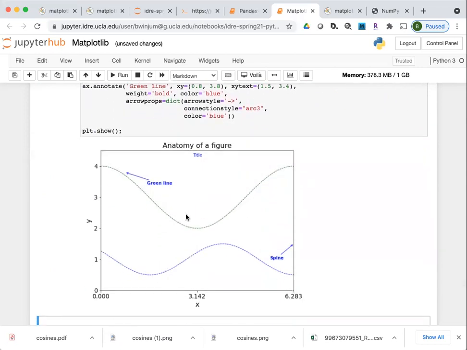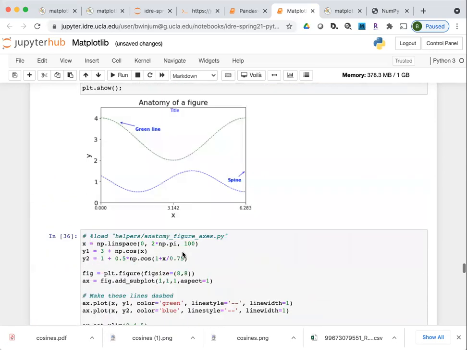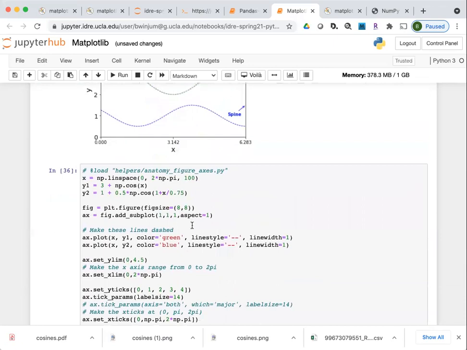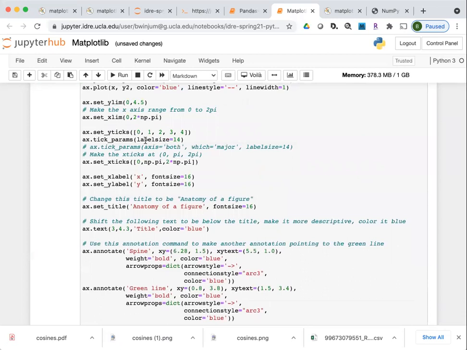So this generates the same plot. Probably the size is different because I now specified the fig size and the aspect, but otherwise it's the same. But this is the way that you start getting at the lower level control of the plot. There's quite a lot you can do with it, and we just don't have enough time to go into all of the details.